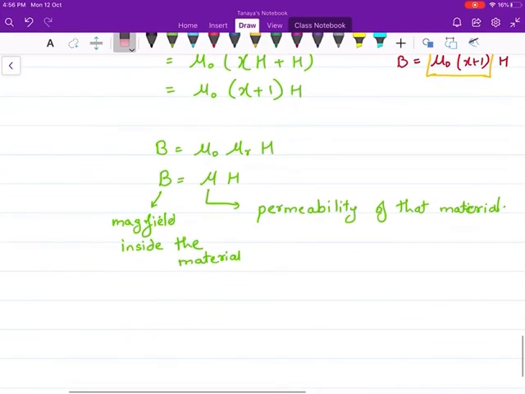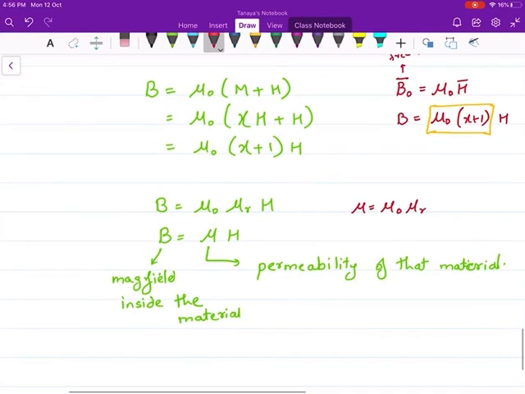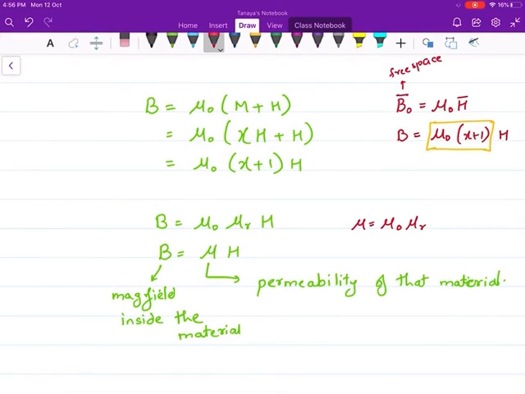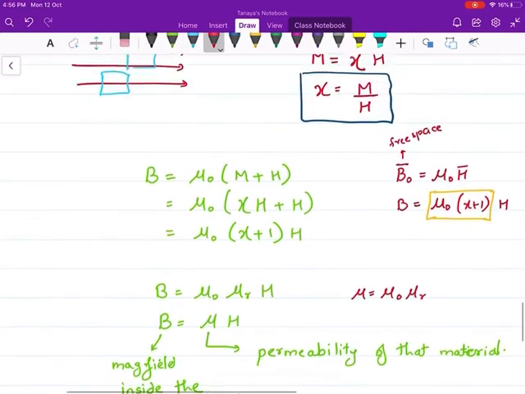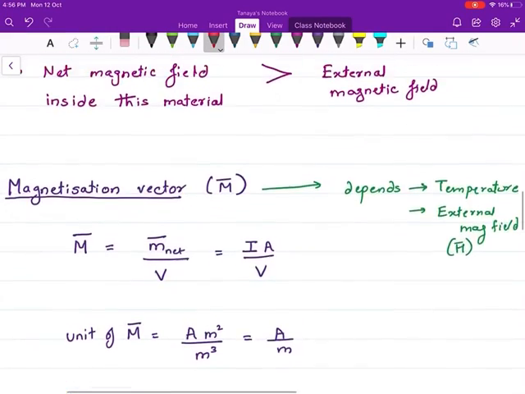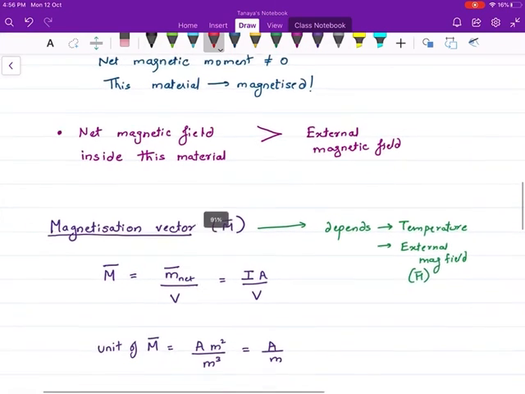And so we have got the formula, mu is equal to mu naught into mu r. Mu naught is the permeability of free space and mu r is the relative permeability. Okay, so you should know all these formulas. These are all very important formulas. You will get problems based on this. So in the next class, we will be studying problems based on this magnetic susceptibility, magnetic intensity and magnetization vector. Okay, thank you.